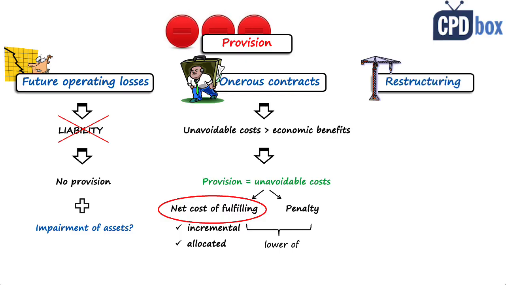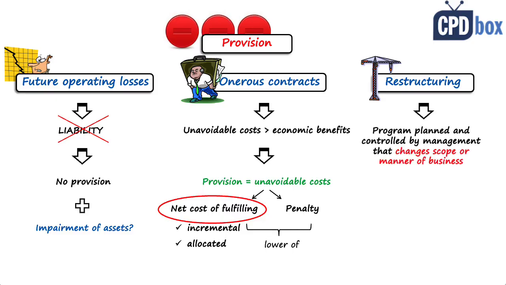The third specific situation addressed by IAS 37 is restructuring. It's a program that is planned and controlled by management and that materially changes either the scope of business undertaken or the manner in which that business is conducted. So you must recognize a provision for restructuring when two conditions are met. The first one, there is a detailed formal plan with some minimum information about the related business, location, employees, expenses, schedule, and other things. And the second one, valid expectations must have been raised by the company in those affected